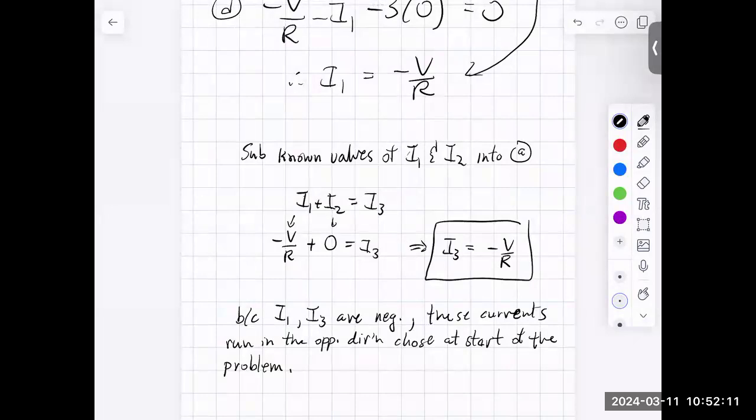Yeah, I mean, for crossing the battery, the current direction doesn't matter. So it's only, are you going from the positive to the negative terminal? If you are,